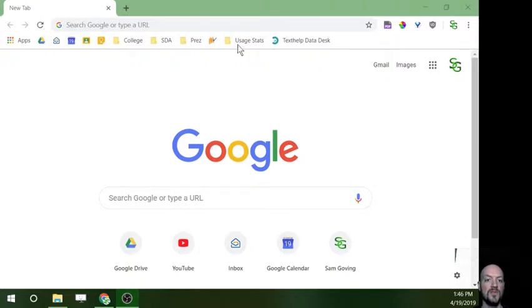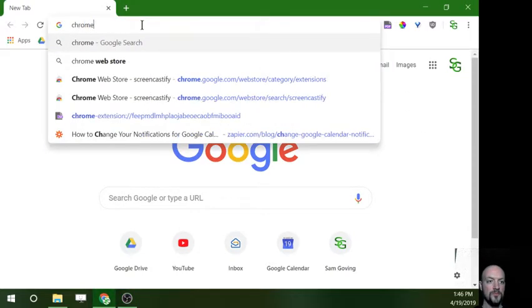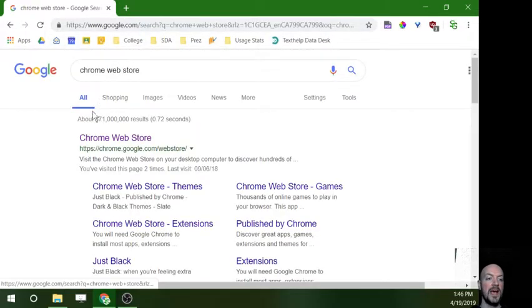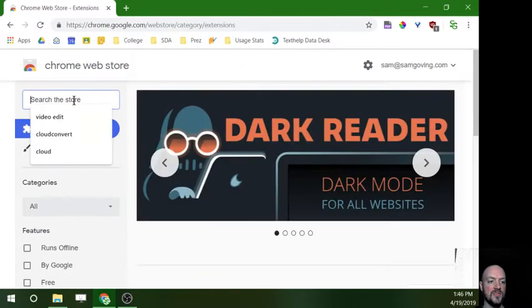So the first thing I'm going to do is go to the Chrome Web Store. The Chrome Web Store is essentially Google's version of the App Store, and it's where you can find all of the extensions and themes that you can add to Google Chrome. So I'm going to go to the Chrome Web Store, and then in the search, I'm going to use a